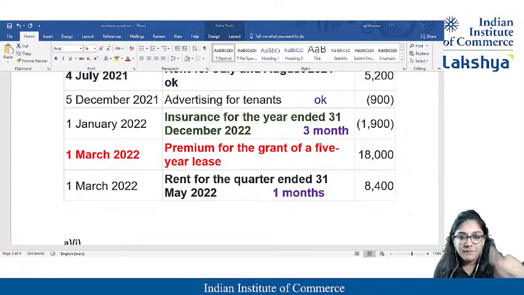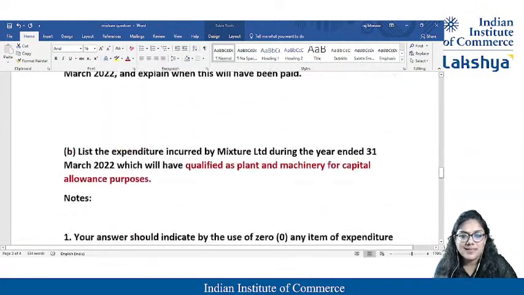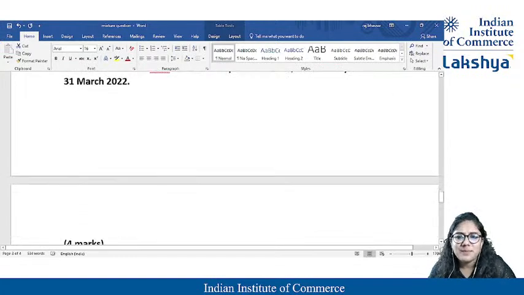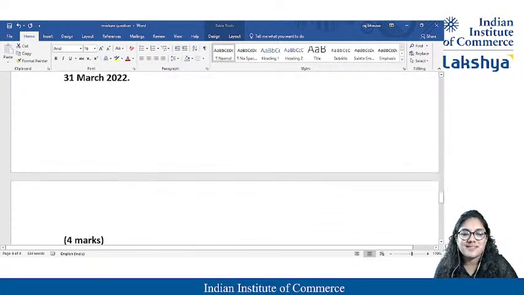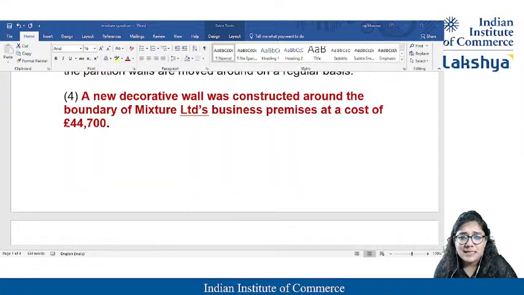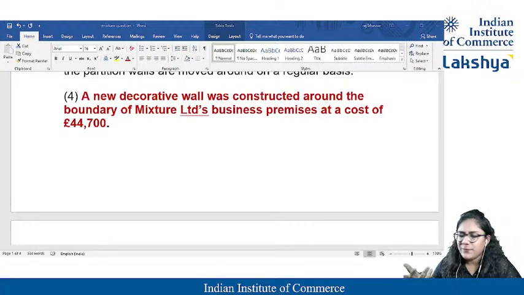Fine. So we completed that question. Let's figure out what is pending. I calculated my income also, so I got 4 marks. I don't think that question was difficult. It was very easy. We could manage to get a minimum from these 15 marks. Everybody would have got 12 marks minimum. That is not a big deal. So we ended the first question, and I don't think that was hard.